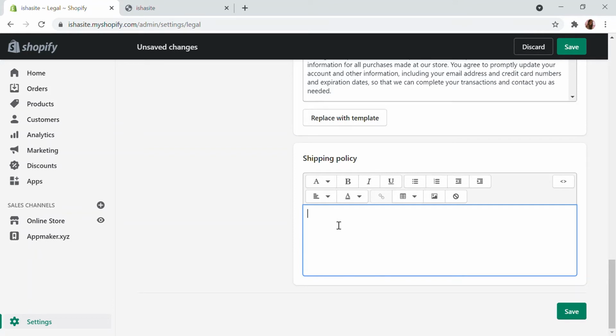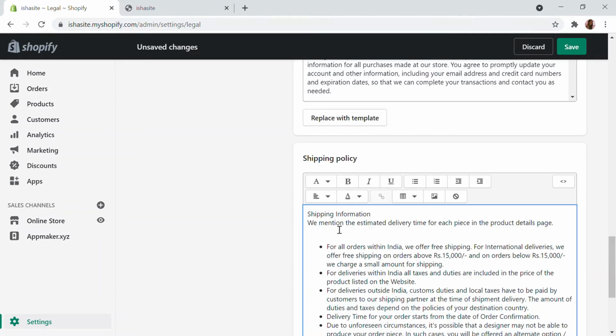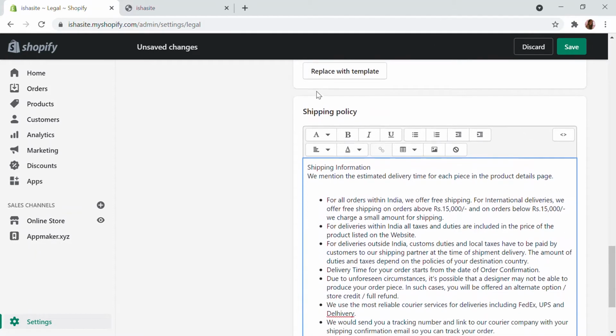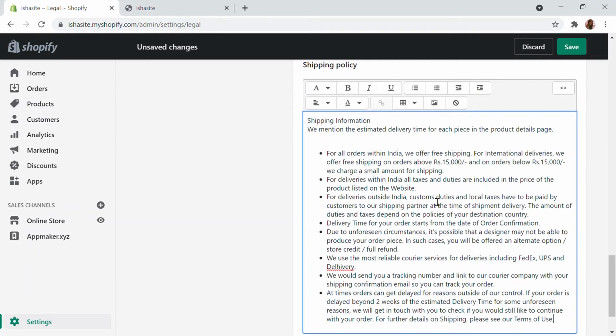So I'm going to just paste it. I'm going to paste the thing that we are having. So this is the shipping policy that I've added. The best way to copy it is to take your favorite website that you follow or anything. Just take this and make the changes that you need, like the quantity, the name, the country, or the like details. All of that you can change and use that template for easy access.